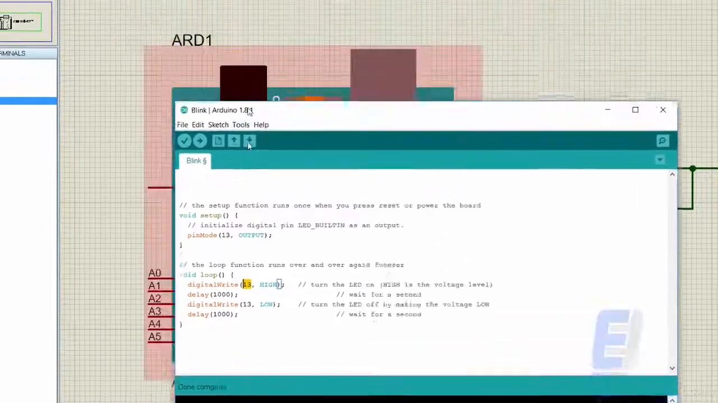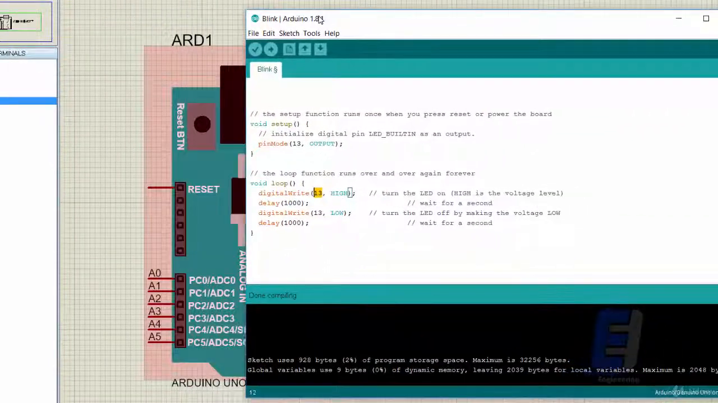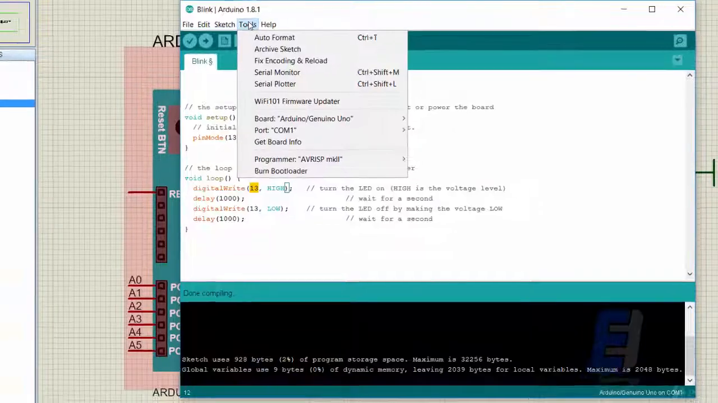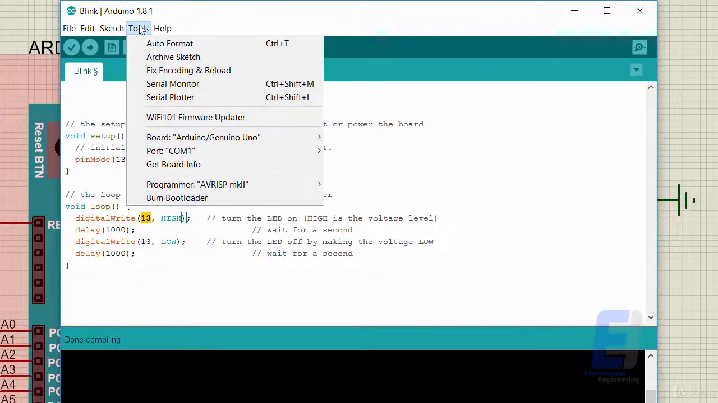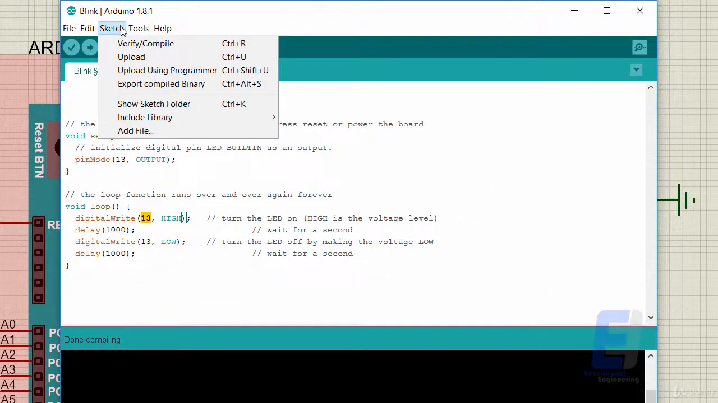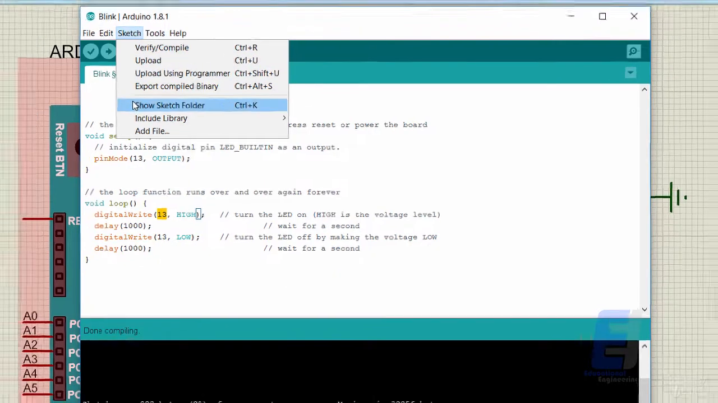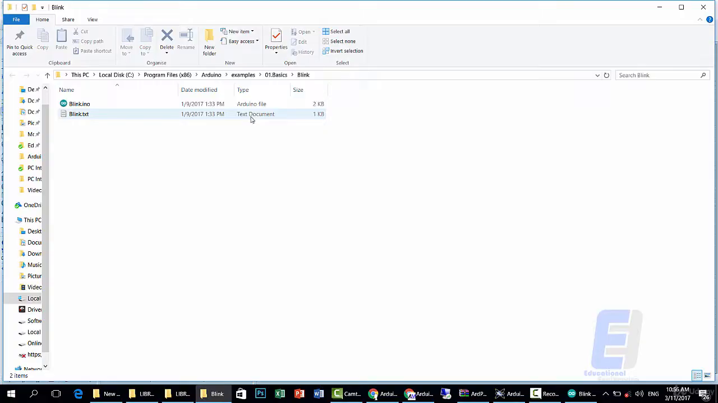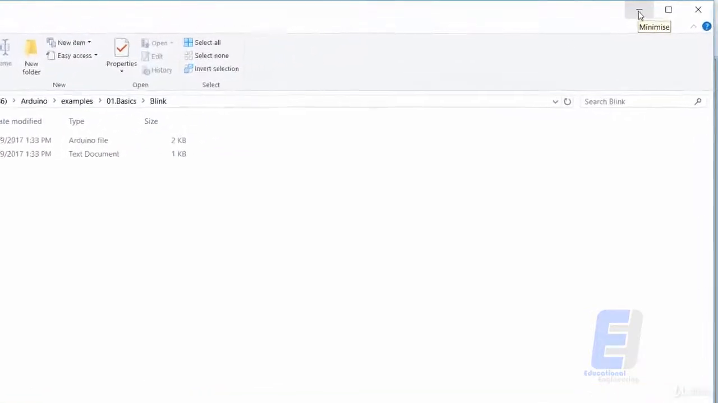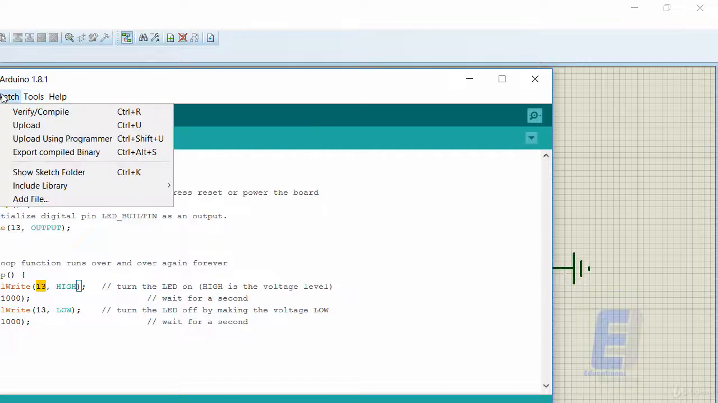Now we want to get our hex file. This is the tricky part. First you need to go to, let's say, Sketch and Show Sketch Folder. This is the folder where you have the original code, not the folder where you have the hex code. So after examining the sketch folder, we need to go to